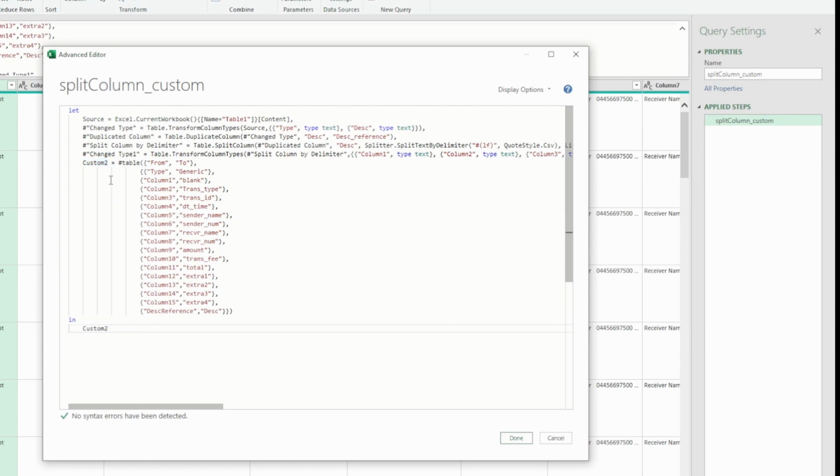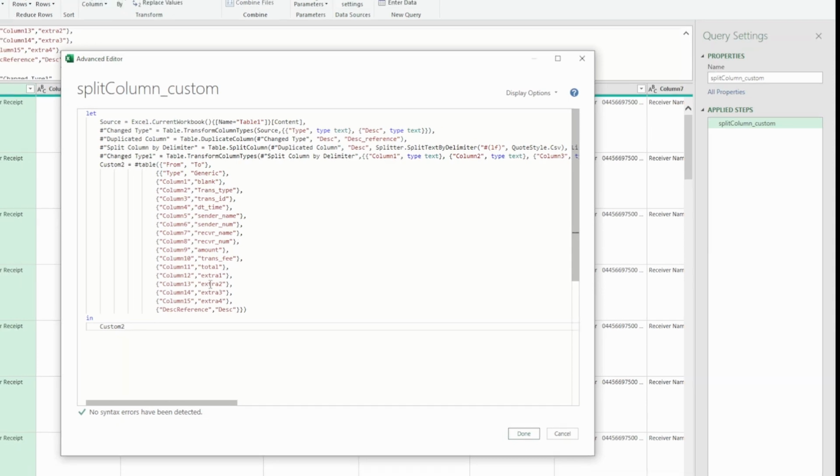Keep in mind that some of the steps have a pound sign and double quotes with it and some don't. This is because if there is a space inside of your column name, then Power Query automatically adds a pound sign and a double quotes with it. Since double quote is already reserved for text format, they added a pound sign before it as well to differentiate between column names and text columns.